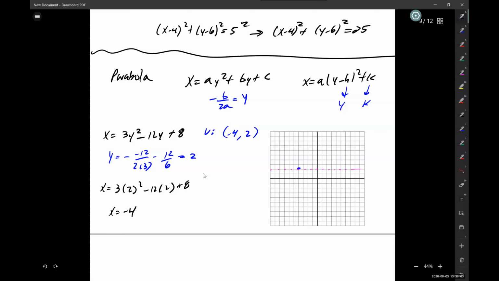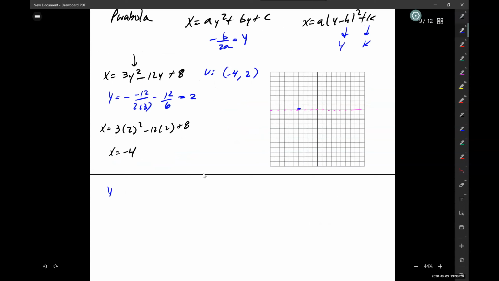So now what we need to do in order to finish this graph up is we need just one other point on either side. I always like to pick points that are nearby, and remember we're going to be plugging in for values of y. So if we are at y equals 2, the value that's close by would be y equals 1. We'll use that as my second point to plug in. So that would give me